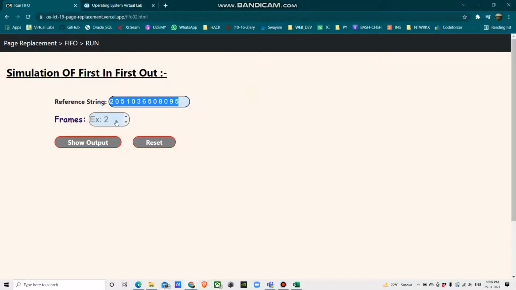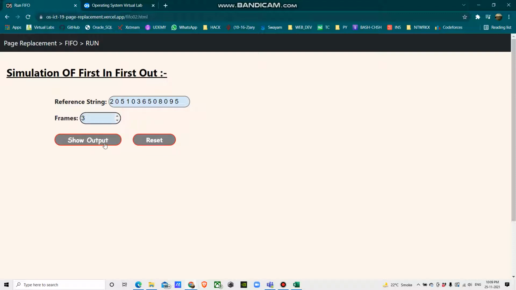And after inputting the reference string, we have to select how many frames. You can simply type here 1 or 2, or you can do it by the upper arrow. We are selecting 3 frames for this much long reference string.